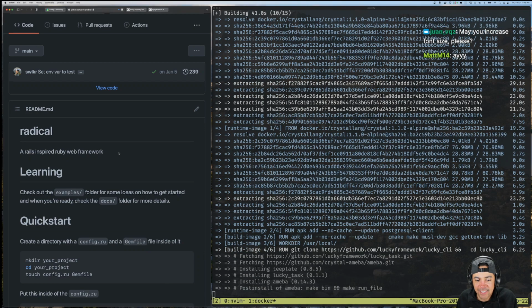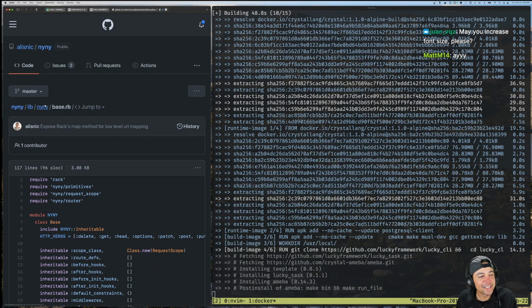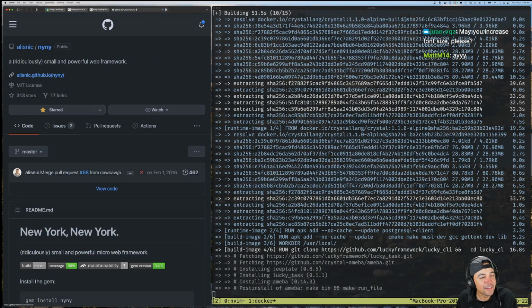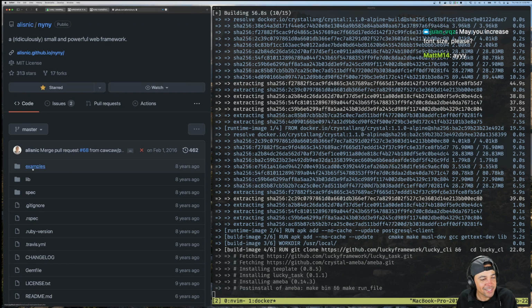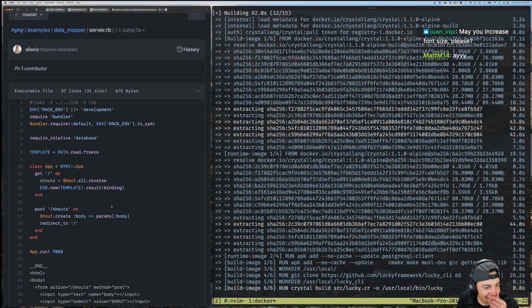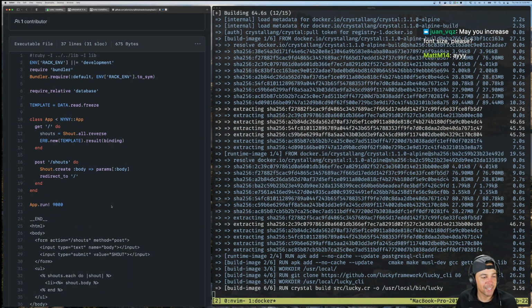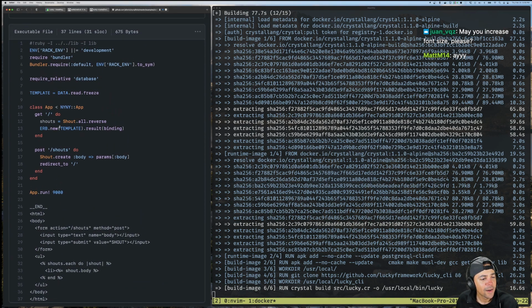All right, Lucky CLI is being installed. Stuff is happening here. Luckily, I don't have to do any of this. That's really nice. But yeah, this New York one is really cool. It's the weirdest thing, this person stopped in 2016. They've got really interesting ideas about how to build on top of something like Sinatra. Because you could put some middleware in here and do all kinds of stuff, but more than Sinatra. There's like an inline template even. Yeah, this is pretty cool.